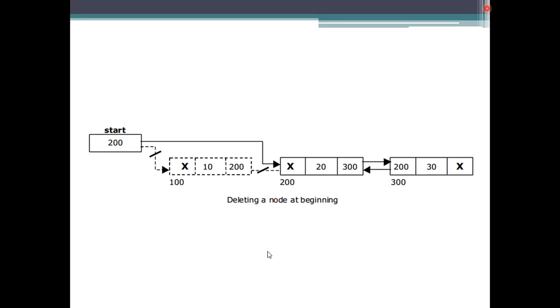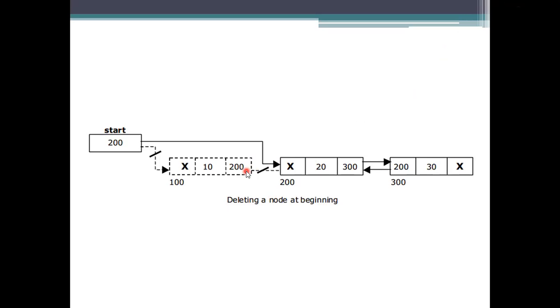Okay. To overcome this, we need to change the start addresses, and we need to change the link spaces also. So first of all, change the start address. The start address is taken as a start, stored into the temporary, and we need to update the start value. How am I going to update the value? We didn't delete this one, we didn't discard this one, until we have taken the new pointer to this start.